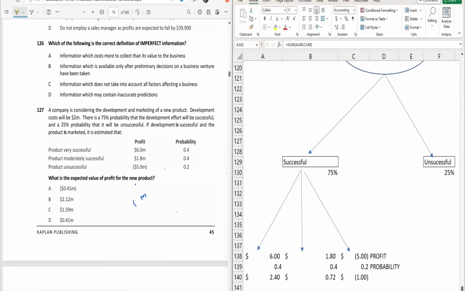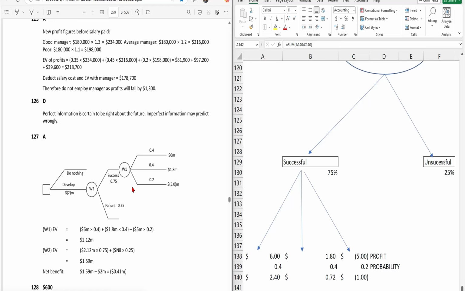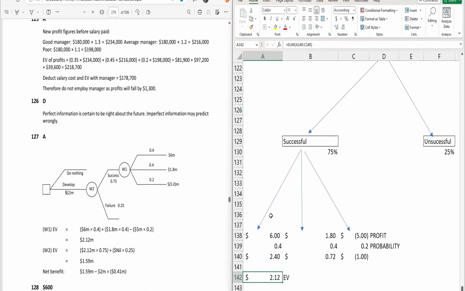Answer of the kit. So yeah, this diagram is perfect in comparison to mine. So basically, these are the profits given. So at every node, we need to calculate the expected value. Here, this one is the probability given. So you need to multiply these two, right? Probability with the profit and then add all of this. Adding all of this will give you an expected value of 2.12, which I have calculated here. So at this node the value is 2.12, but we again have a probability of 0.75. So 0.75 into 2.12 plus 0.25 into 0.